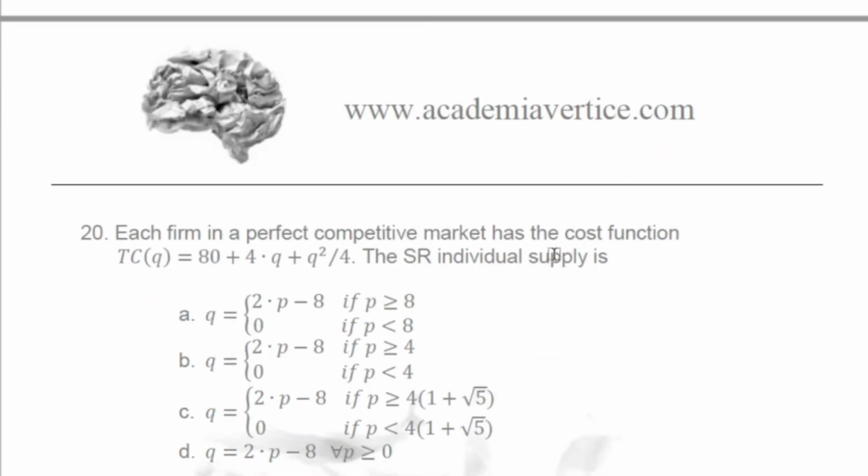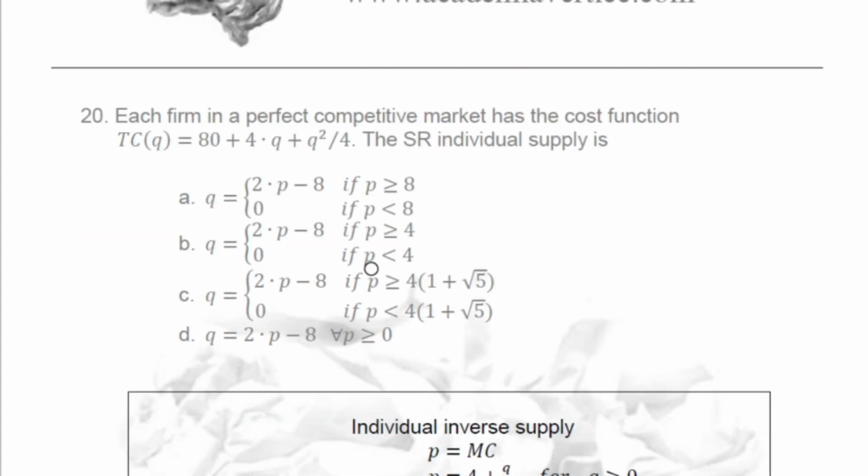20. Each firm in a perfectly competitive market has the cost function, this one. The short-run individual supply is, well, the total cost function is of degree 2, then the marginal cost will be of degree 1. Yeah, we know that P will be equal to marginal cost. Yeah, P equal to marginal cost, then equal to 4 plus Q half. Yeah, then this is valid for any Q positive. If I isolate Q, because the question is individual supply. Individual supply is Q isolated as a function of P, and